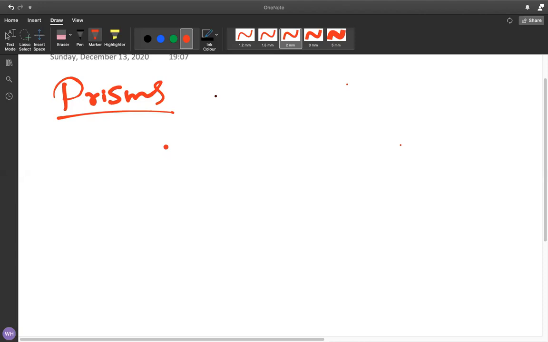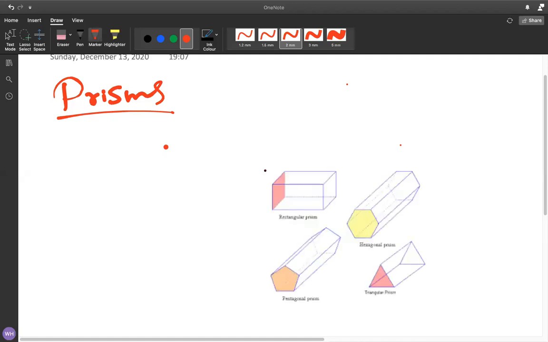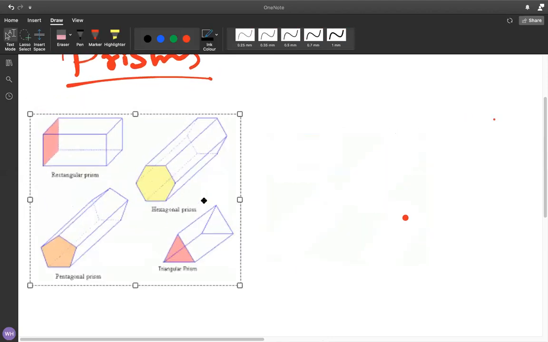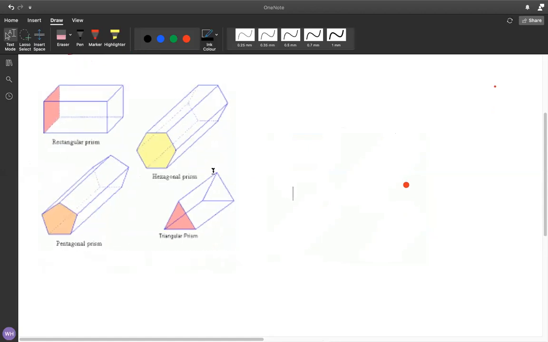So prisms are kind of objects which do have certain common properties, right? So they have given you in the textbook as well. So if you look at a prism. Okay. So now here, if you would consider this figure, I think everybody can see it. Let me zoom in. Yes. Okay. Now